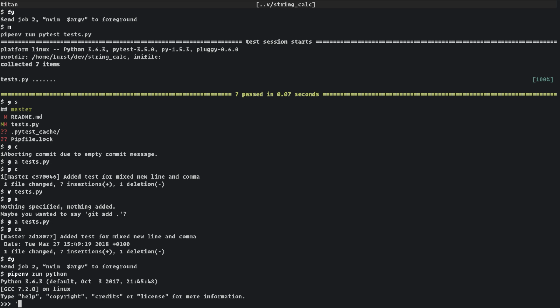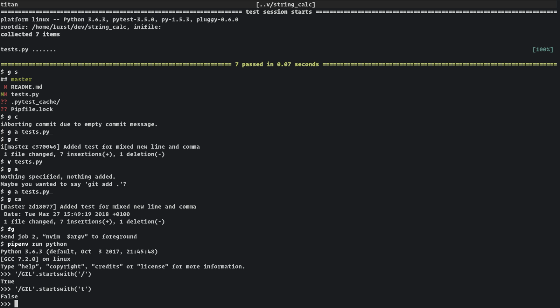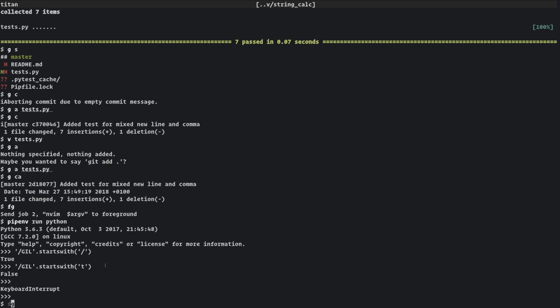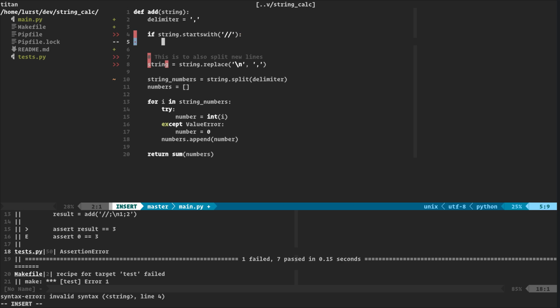So if I have this, and then I say starts with this, true. Okay, starts with T, false. Okay, so you can see that starts with just tells me if the string starts with something. So for our case, we wanted to start with these two little guys here. Right, so if this happens, we're going to set the delimiter